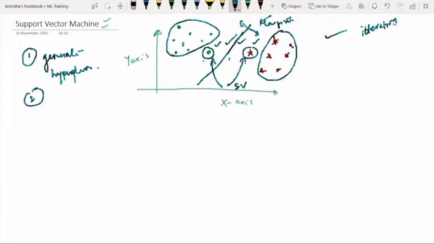No, it will iterate by its own, because it is totally dependent on the selection of kernel mechanism, right? So as we are dealing with Python, this will be automatically inbuilt. The algorithm will run and generate the hyperplane, then it will select the support vectors. Yes, we don't have to design the SVM classifier, right? We are just calling the library. So everything is there in the library. So that's why we have to learn more.